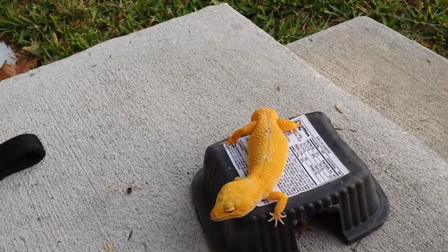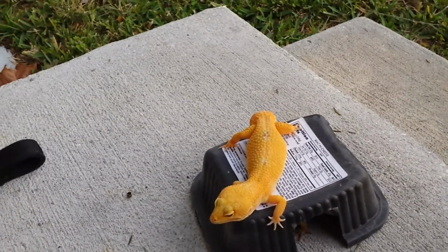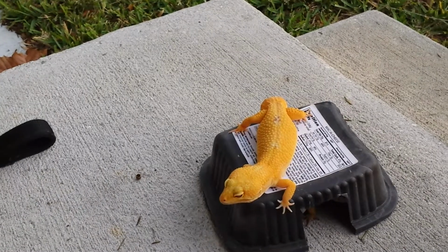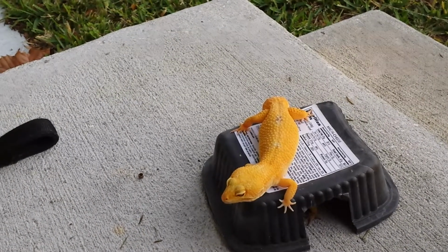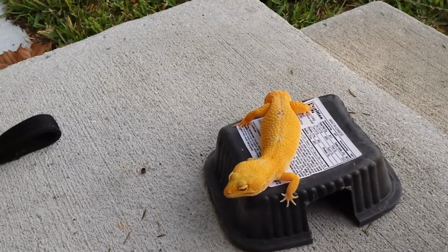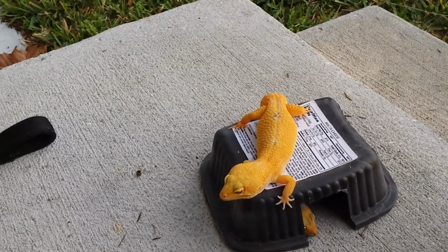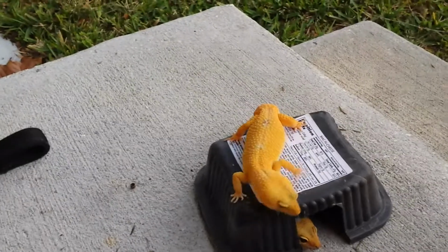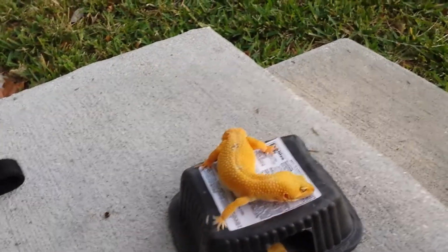Only because I want to know that when you got that gecko, it was in perfect health. So that's something I'm doing. I really think everybody should be doing that. Therefore, you have documentation as a purchaser of that animal being in perfect health, and say the animal dies